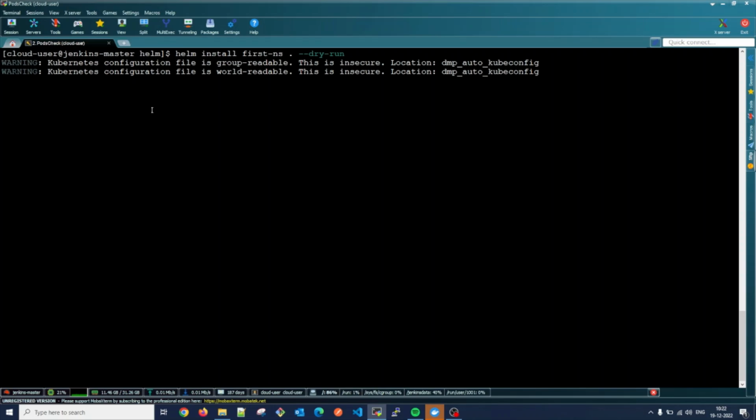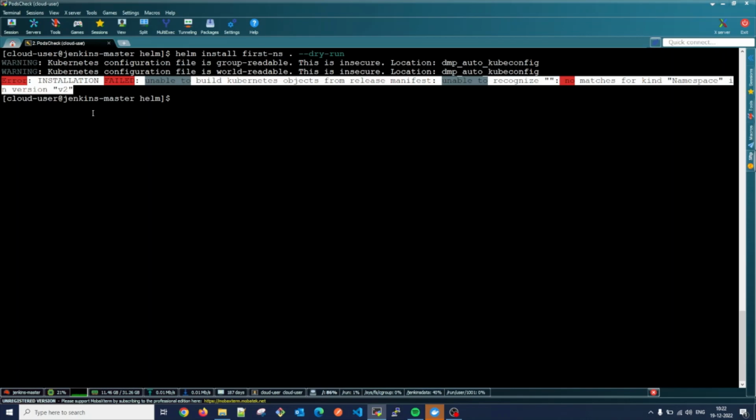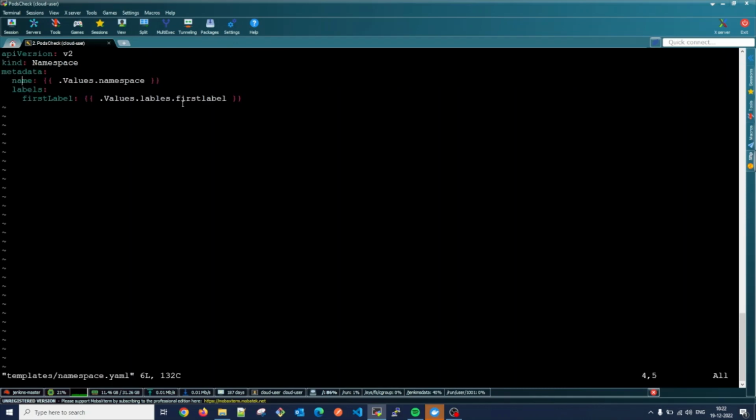When you execute this, it will actually show you all the replaced values from the values.yaml in the namespace file, and it also shows you whether the configurations are correct. So you can see in our condition, there's some error which is being thrown. It says unable to recognize, no matches for kind Namespace with a version of v2. So let me change it again and rename it to